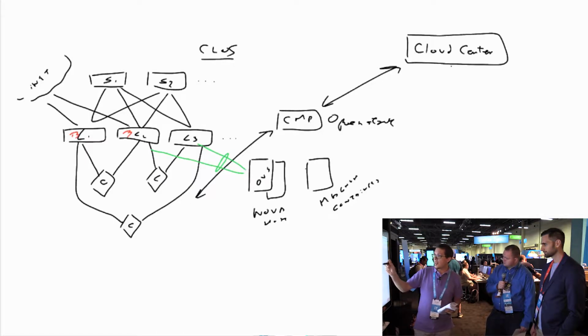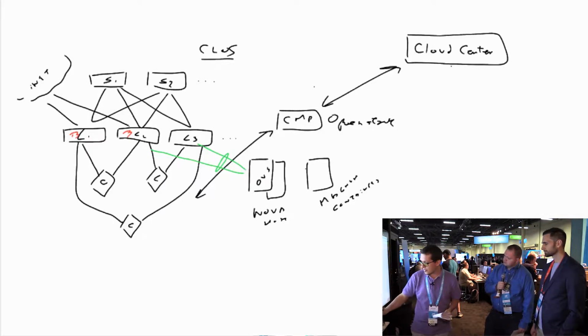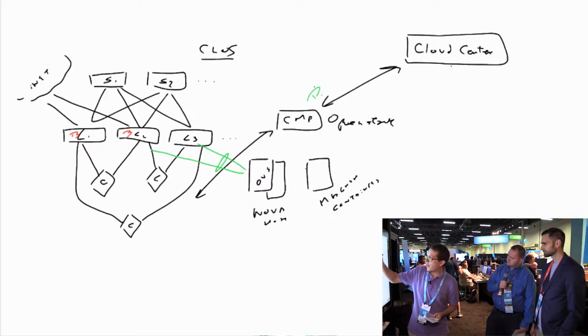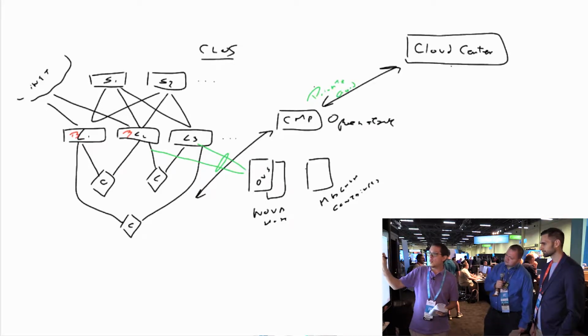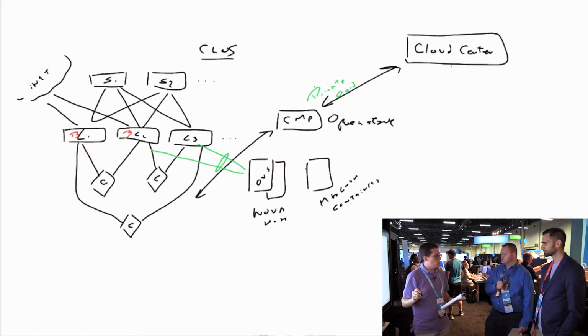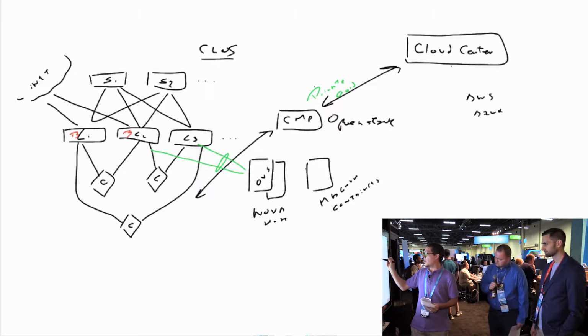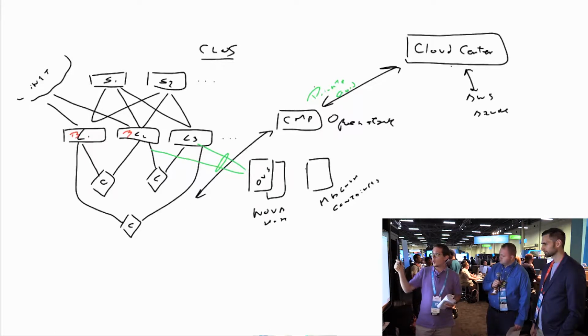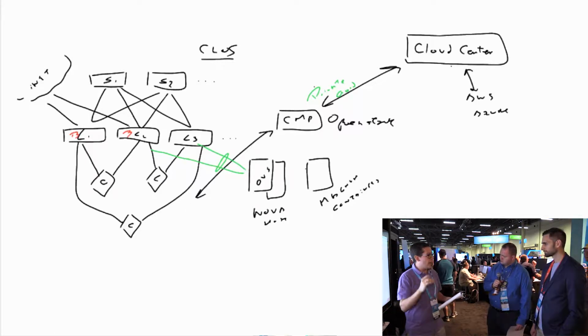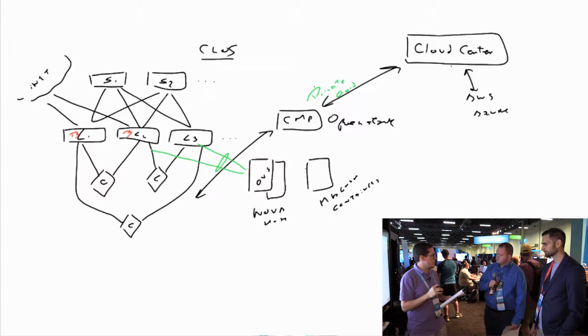You will define the private cloud, this will be your private cloud infrastructure, but you have the requirement to interact with a public cloud. So we can have here AWS, Azure, whatever you want. So with Cloud Center, you could define this high level for the end user to consume,